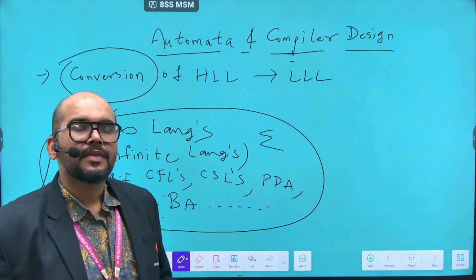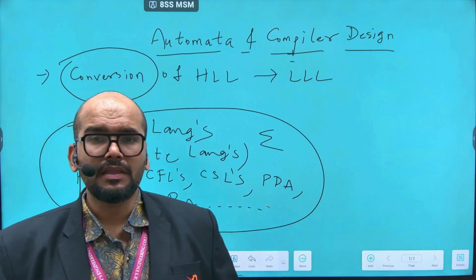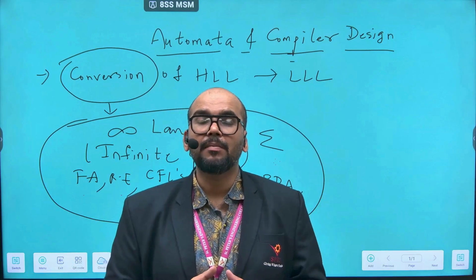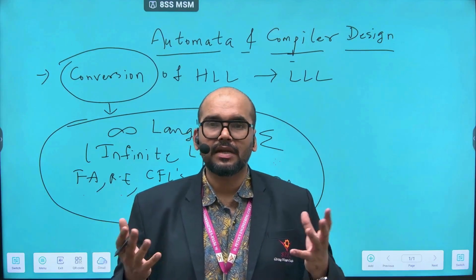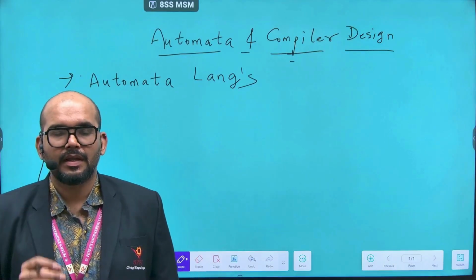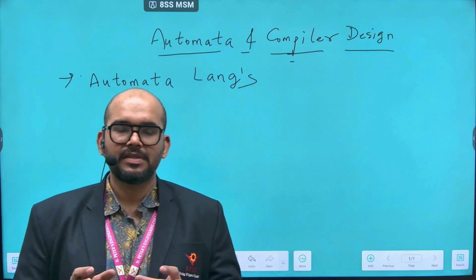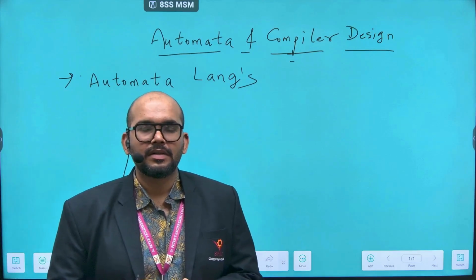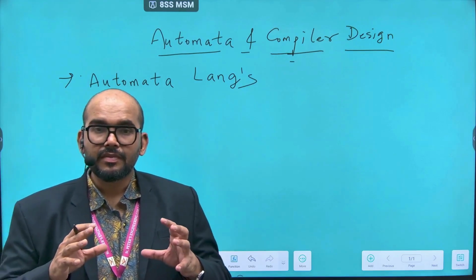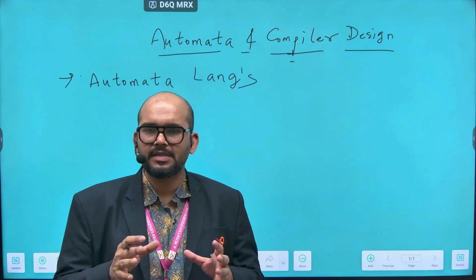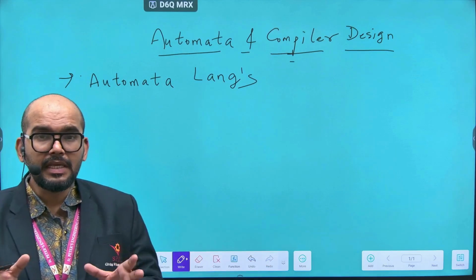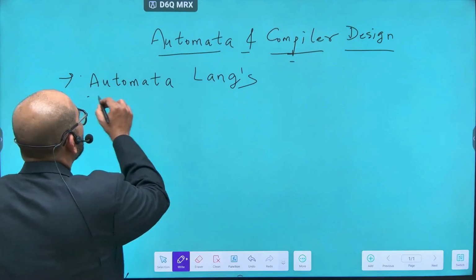So like that, this conversion process actually goes through some number of transitions and into some number of languages. Languages means there can be an infinite number of languages. Regarding these infinite number of languages, as I just discussed, during the conversion process these high level languages go into a space and split into an infinite number of languages. These languages are called automata languages,